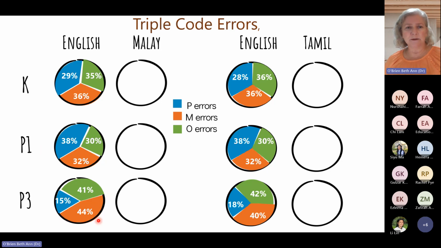And then by the time they get to primary three, or children who are currently in primary three, since this is a cross-sectional study, the children in primary three showed the lowest percentage of phonological errors for their English spelling as compared to morphological and orthographic errors, which are statistically the same for each of these plots. So our first question, about whether there's some difference in terms of the other language affecting children's English performance, we don't think we see that here.